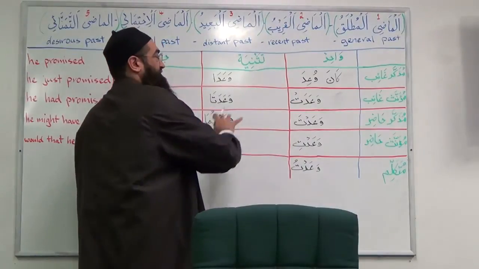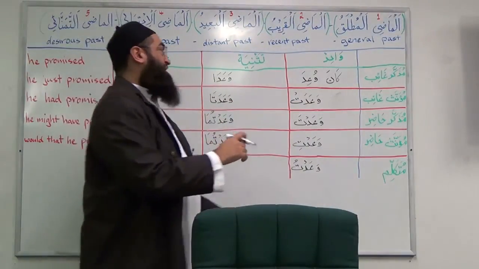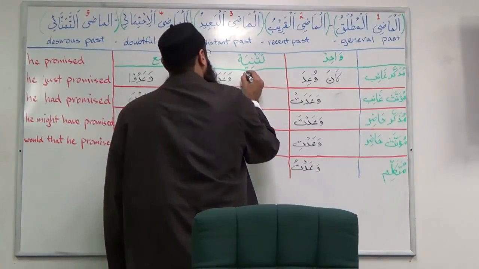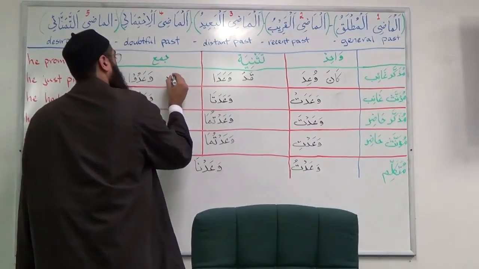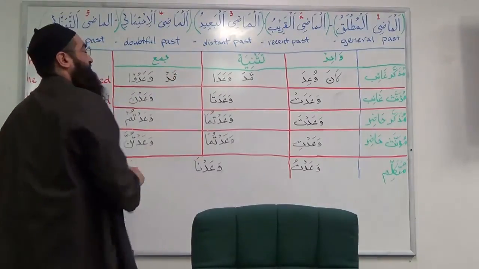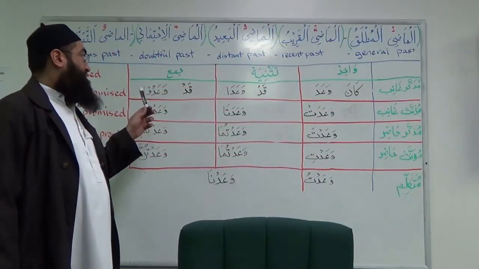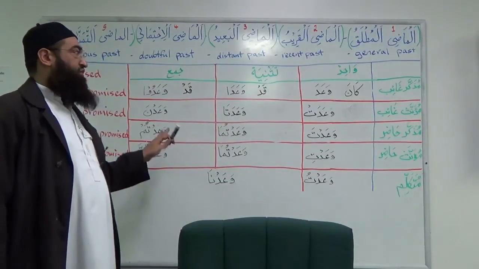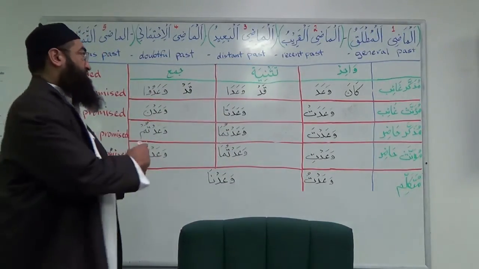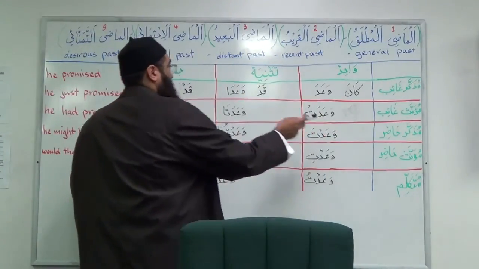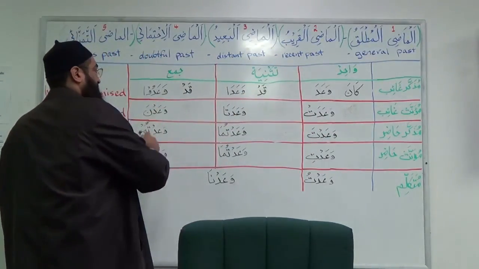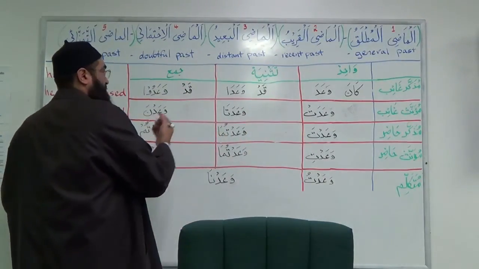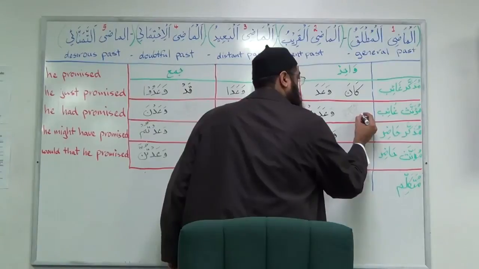Kana comes in all of these in the beginning, but unlike Qad, it doesn't change, right? Qad is like this over here, Qad is like this over here. It's the same Qad, it's for tahqiq, and it will come on all 14 of the forms. So, قد وعد, قد وعدا, قد وعدوا, قد وعدت, قد وعدتا, قد وعدنا. So if we write it here,